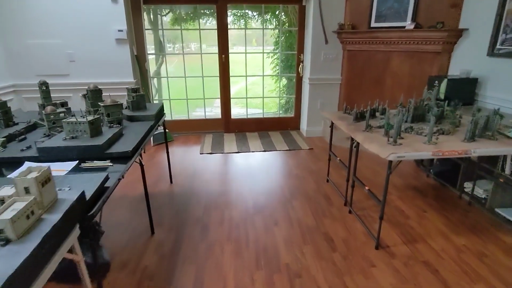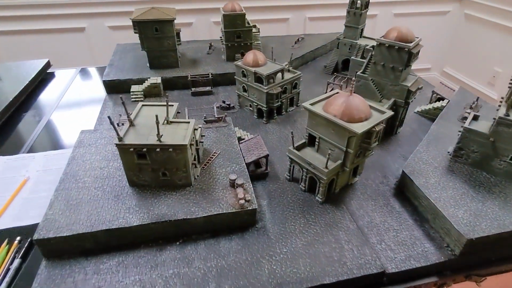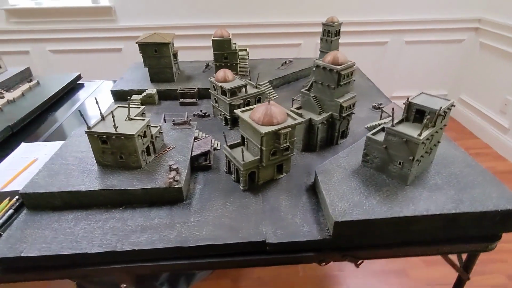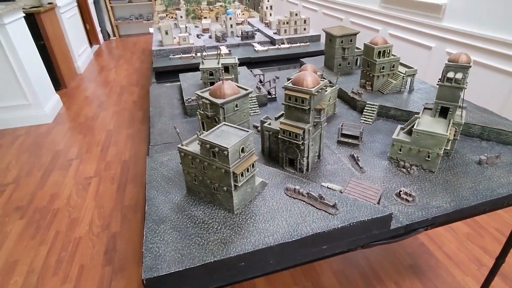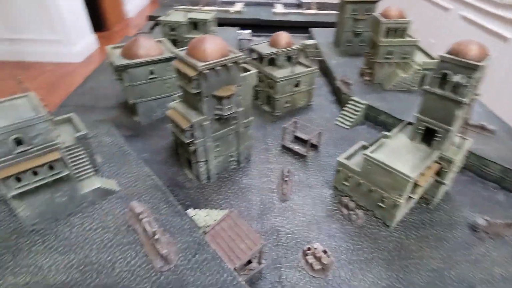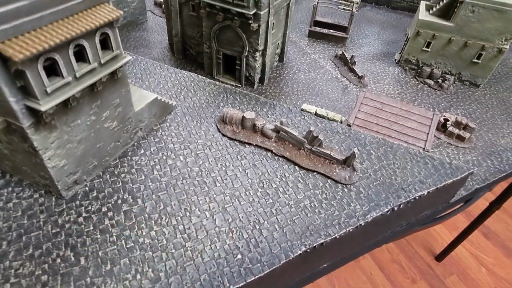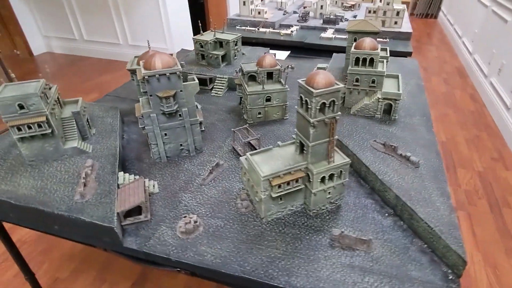But anyway, that's not what you guys are here to see. Let me give you a rundown of some of these tables. This is the first one. This was actually inspired by a table I played on in Hull, which is a big Mordheim event that happens every year in the UK. It's got this very popular wallpaper texture that's pretty much impossible to find in the States. Just mounted